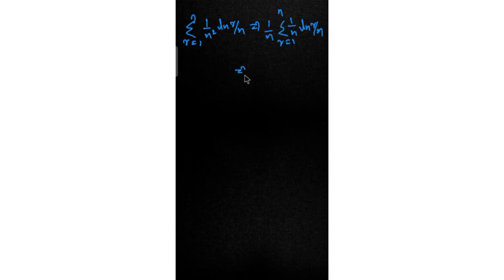Fine. So this is again a definite integral of the type 1 by n from 0 to 1 ln x dx. x is r by n, 1 by n is dx, and the limits can be obtained by derivating the starting and the end points of the series. So this is 1 by n times the integral from 0 to 1 of ln x dx. So this is a finite quantity, and n is tending to infinity.